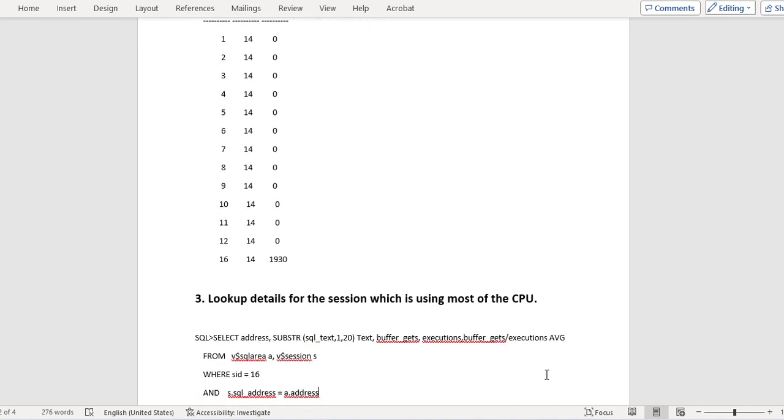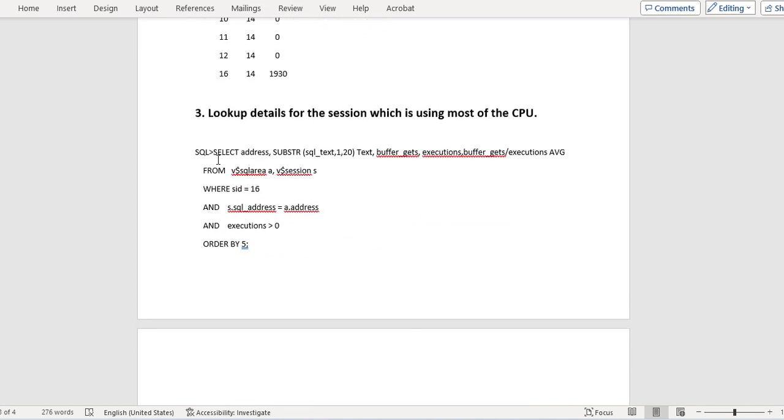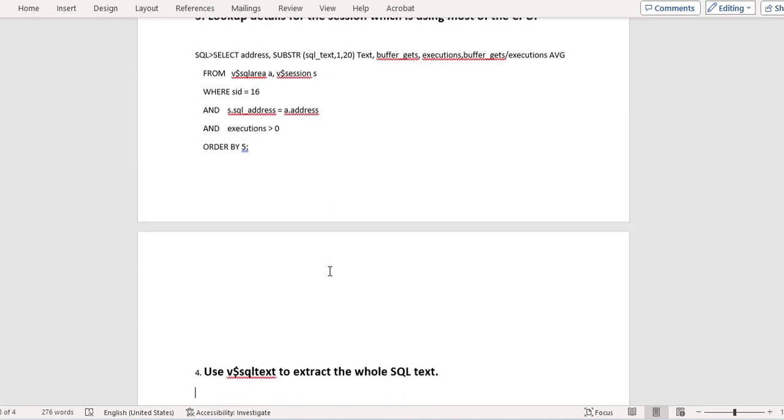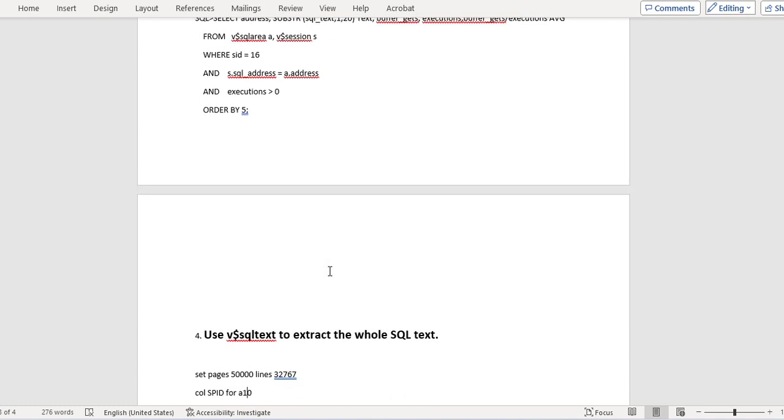So for that we have to execute this particular query that I have written here. You can use this, and you can get the information of the text and buffer gets and executions, and the average of the executions. This information you will get by using this query. In that there are two views used, V$SQLAREA and V$SESSION. By using this you will get those details, and then once you get that, by using V$SQLTEXT also you